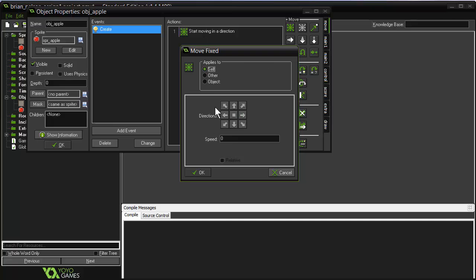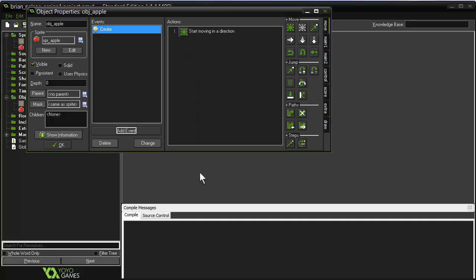associated with that action. I can choose where I want the move to be applied, and I want it to be applied to the apple itself, so I choose self. And then for directions, by selecting all of these arrows pointing off in different directions, I can make it so that GameMaker will randomly choose one of these directions and have the apple start moving in that direction when the game begins. Here on the speed, I can set how fast I want the apple to move, and I say